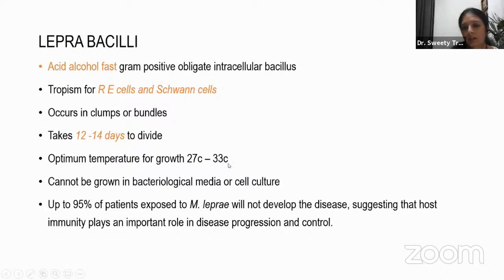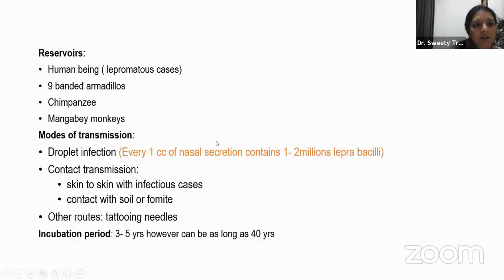That helps us find that the lesion is in cooler areas of the skin and nerves. Why do we need to know about this? Because then we need to know the clinical examination areas where we will find it once we have a patient of polyneuropathy in our clinic. The reservoirs are animals, mainly nine-banded armadillos, chimpanzees, and mangabey monkeys, which are not found in our